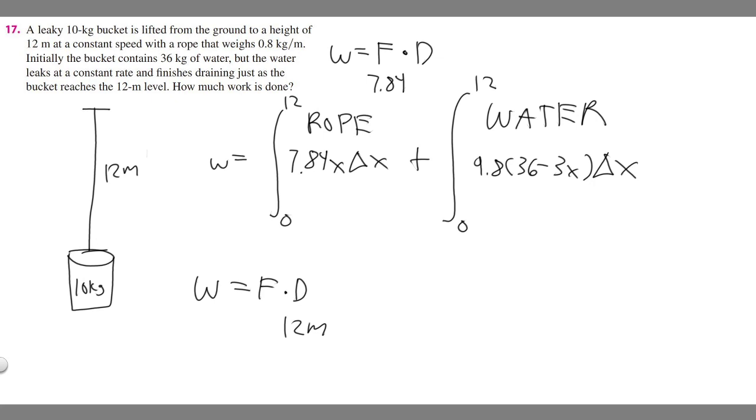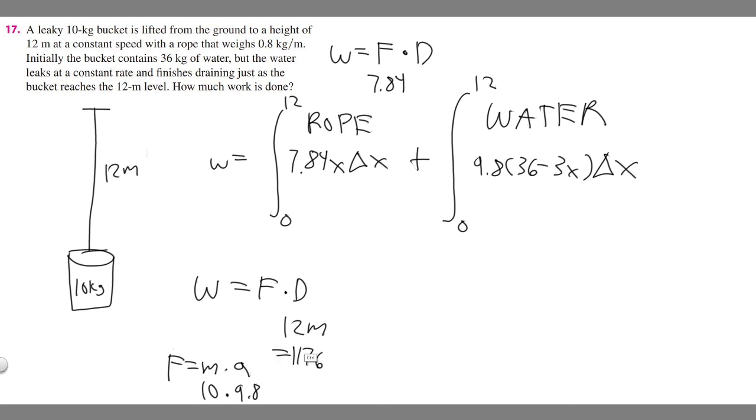We know it stays at a constant 10 kg, so nothing is changing with this. Force equals mass times acceleration. We take our mass, 10 kg, and multiply by acceleration, 9.8. So if you do 10 times 9.8 times 12, you're going to get